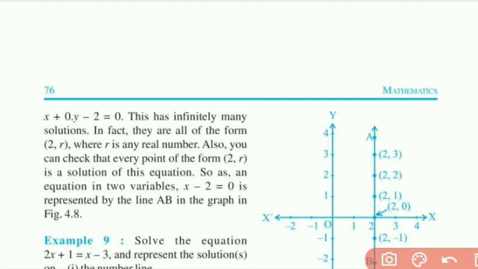So when we draw a line through the point (2, 0) on the x-axis, we will get a straight line that will be parallel to the y-axis. Got it? We have got the point (2, 0), and when we represent these points in a Cartesian plane, (2, 0) lies on the x-axis, and when we draw a straight line through (2, 0), it will be parallel to the y-axis. And this is our today's topic. I hope you have understood all the things.